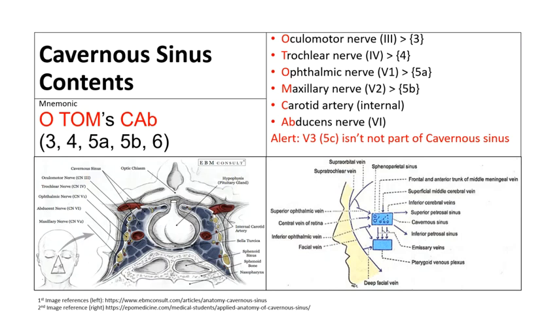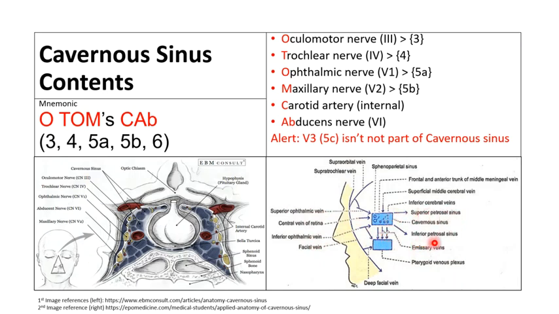As the cavernous sinus is a venous sinus, it receives blood from the superior and the inferior ophthalmic veins. So superior here, inferior here. So this is the cavernous sinus. It receives blood from both of these veins, and then it drains into the pterygoid venous plexus via emissary veins,